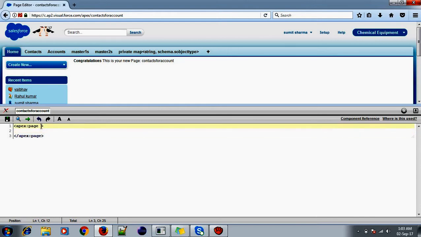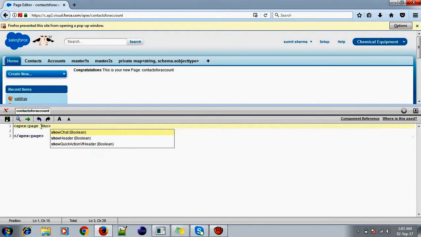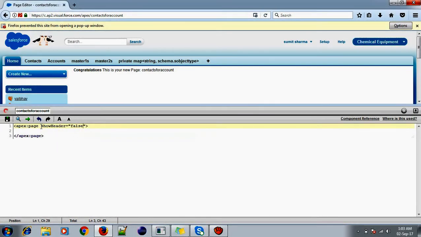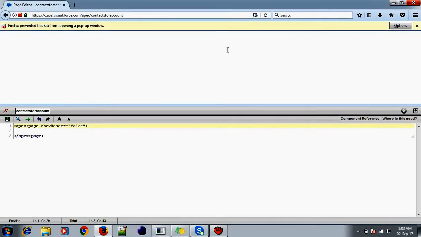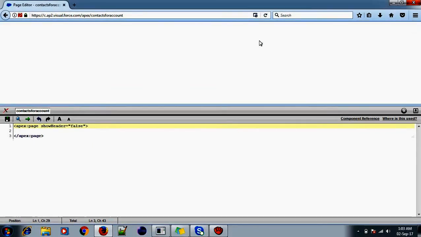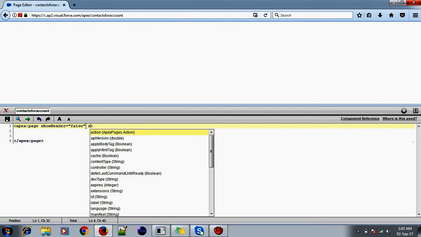I'm going to remove the header as well as the sidebar, so I'll give showHeader as false. Now it's a plain page. So here I'll take the standard controller as account.